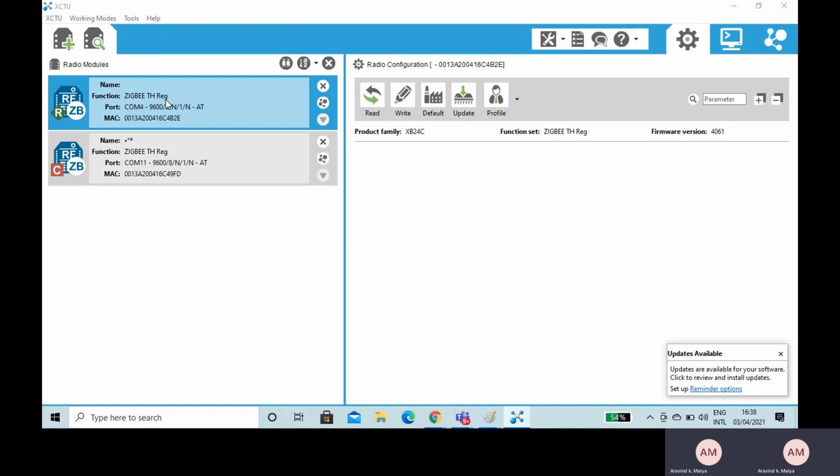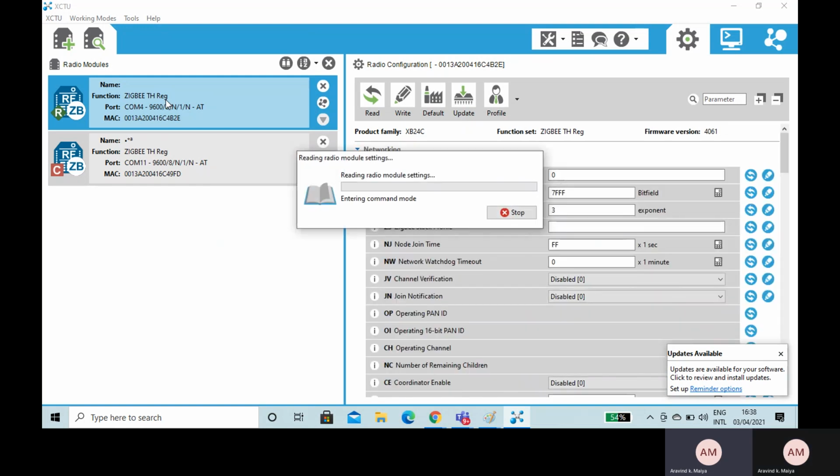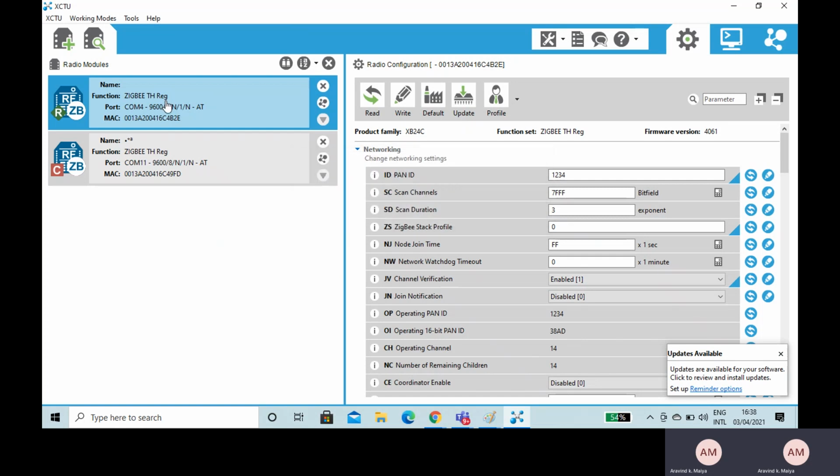Now it is updating. Yes, I think this is fine. Updating the device information for the router. Okay, so we have configured the router.